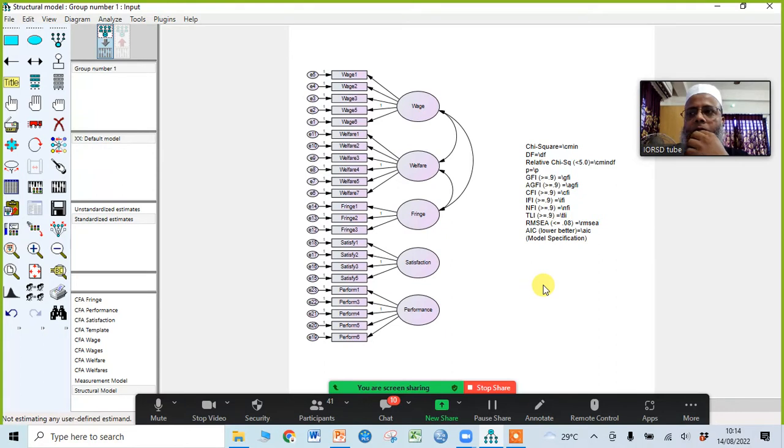Welcome. Yes, I think there is a threshold. I think up to 30% maybe you can delete. So 30% or 40% of outliers can be deleted from the data set. It is allowed.